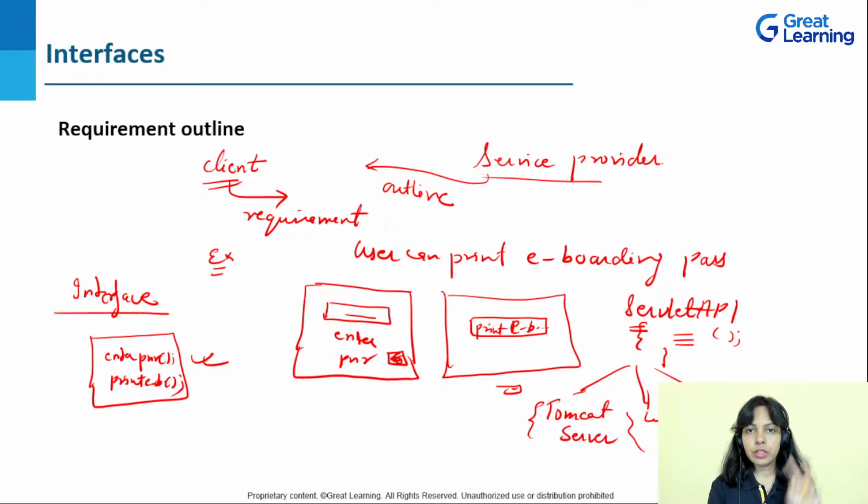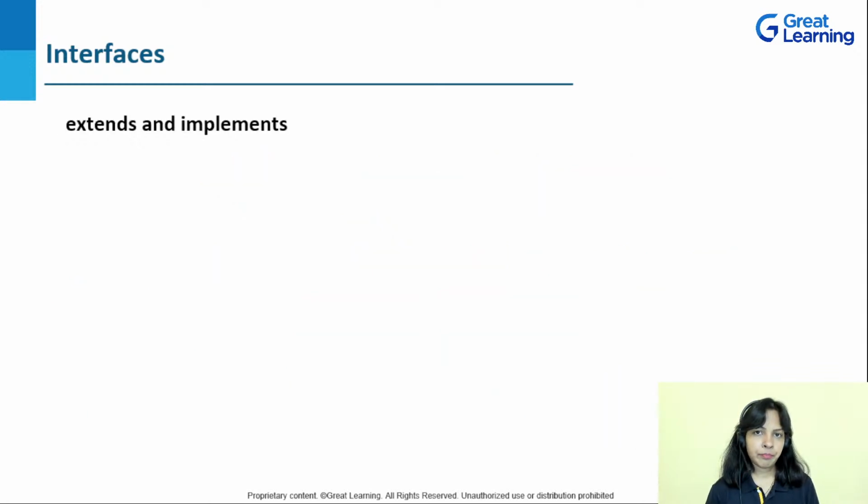Where are interfaces used in real-time scenarios, where you will not be using classes and will go for interfaces? Did you get the idea? Where you know the complete implementation detail of any project you are going to develop, you go with concrete classes. But if you're not very clear and you just know the outline, create an interface. Later on, for implementation, create the classes and use this interface there. Fine. So this is what an interface is.